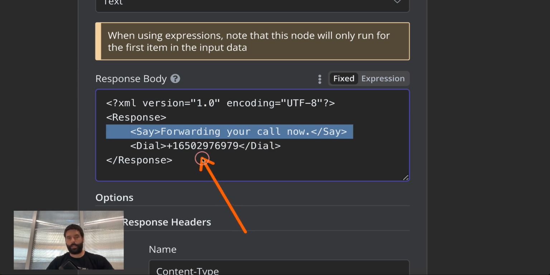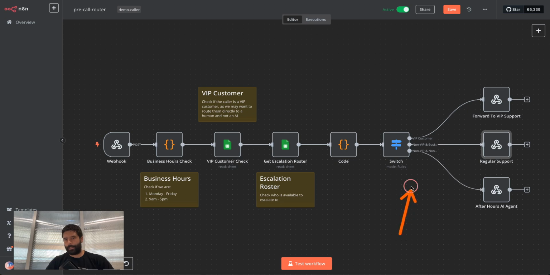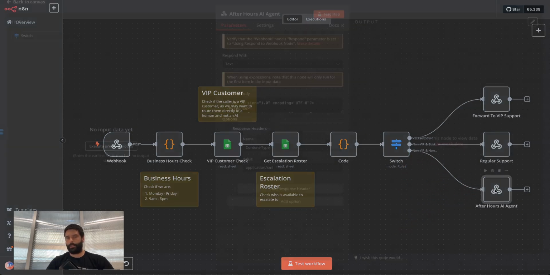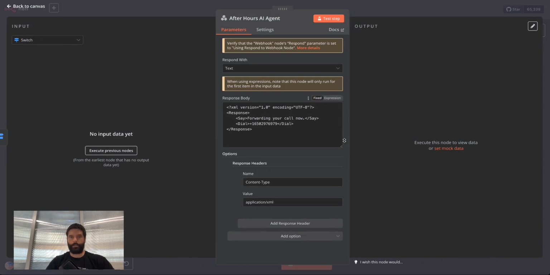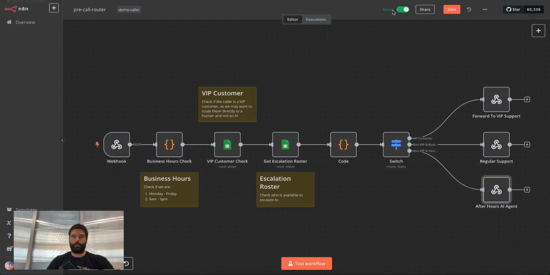But this is the dial to number, which is going to our support line. And then finally over here, our final route was that non-VIP and after hours. So if I just click this open, scroll this down over here, we're just forwarding our call. And then this number here is our AI caller. So as you can see, it's a pretty simple system, but this is the key to unlocking how to introduce